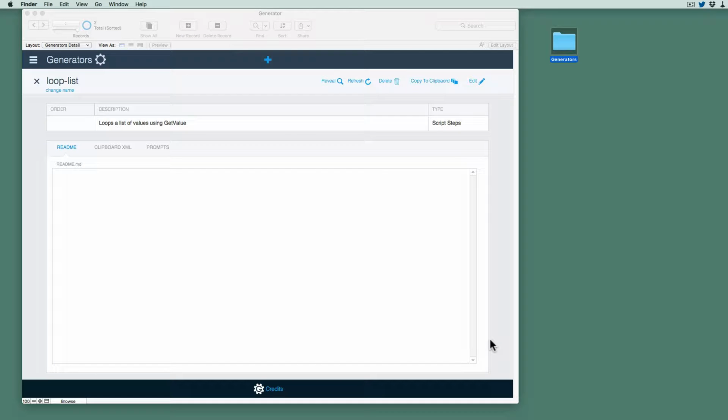All right, so I wanted to talk a little bit about what we're doing here, storing things on disk. We're doing it in a couple of different ways. I don't know what the best way is yet, but we are convinced that storing things on disk is the way to go. So if we look at this loop list generator we just made and click reveal,